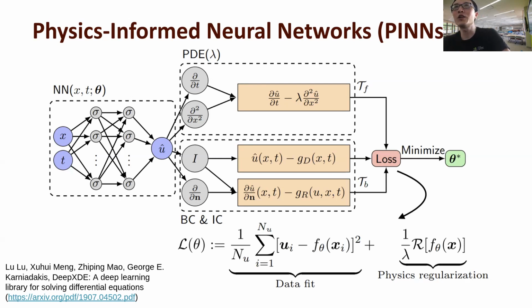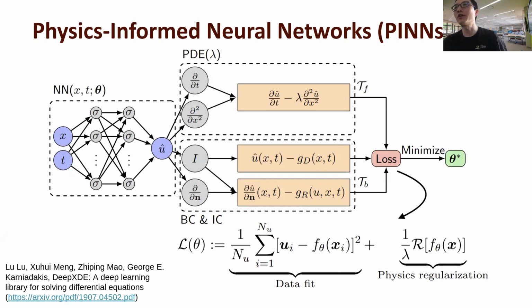Then we define this loss function as the loss of some collocation points that you spread randomly or in a certain pattern around your computational domain. You get the loss error, which is a residue of your equation at a certain point inside your computational domain,